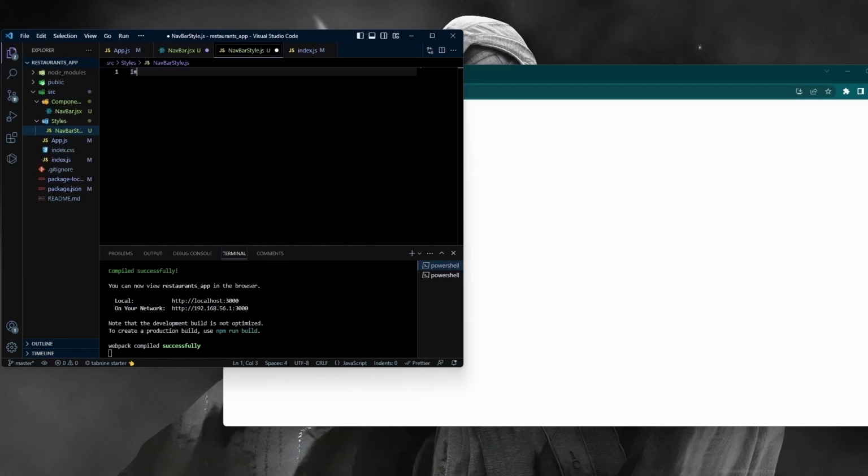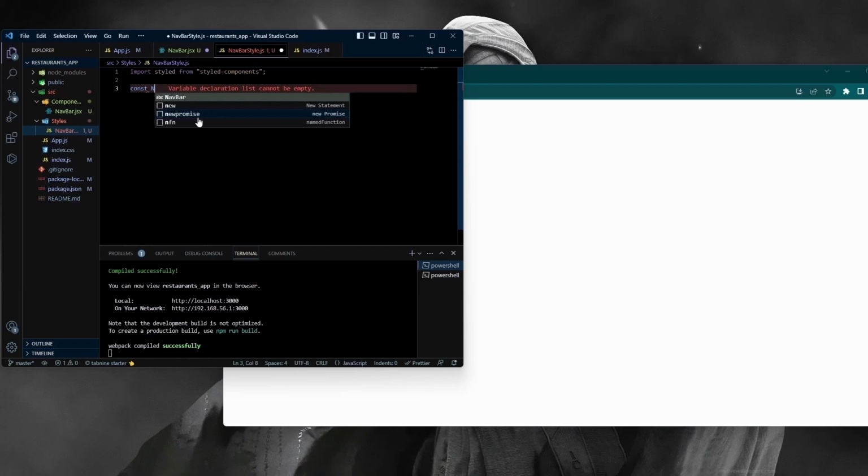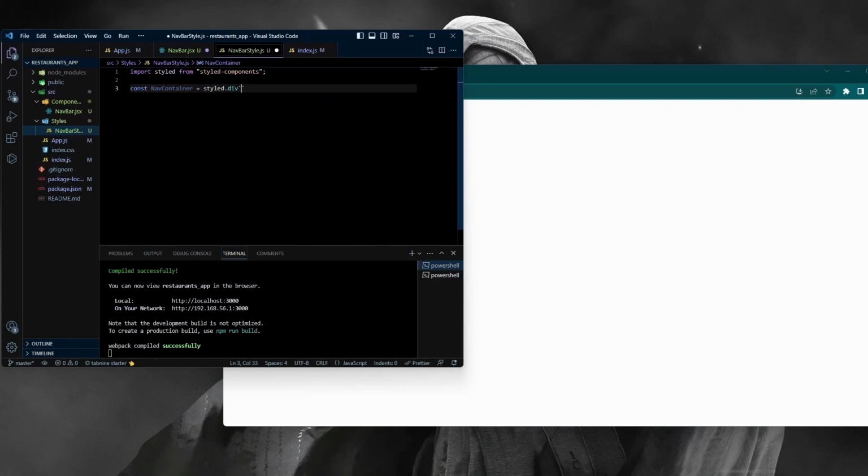Now we're going to import styled from styled components, and we're going to call this nav container equals styled dot div, and then we're going to export